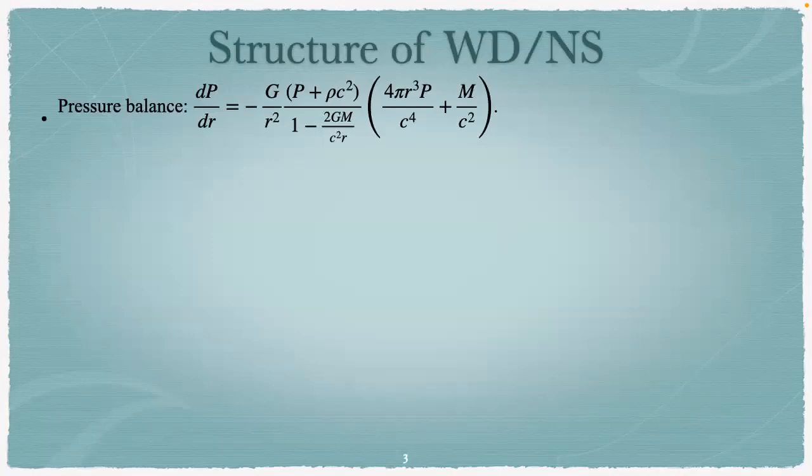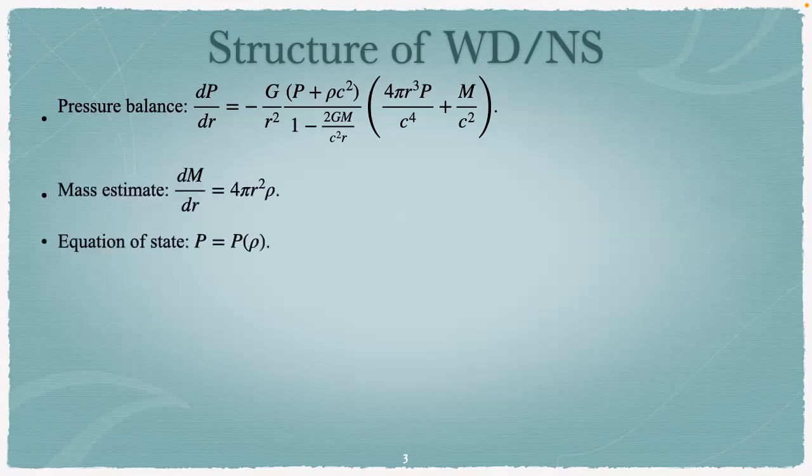I also talked about what the structure of white dwarfs and neutron stars looks like. To obtain the equilibrium structure, you need to solve basically three equations. One is called the pressure balance equation, one is the mass balance equation, and another is the equation of state. Once you know these three equations, you can understand three variables, P, M, and rho, with certain boundary conditions. You can obtain the equilibrium structure of compact objects like white dwarfs. And